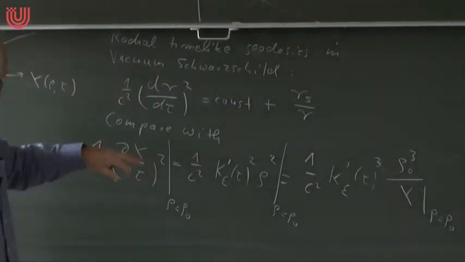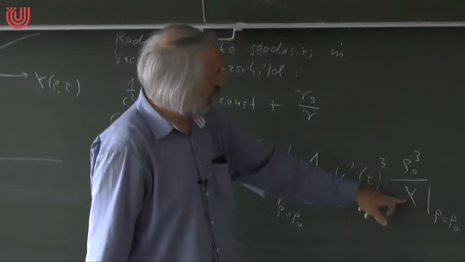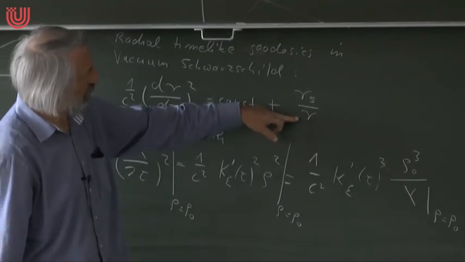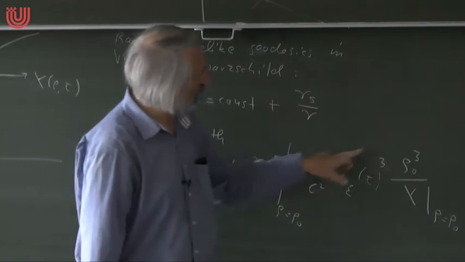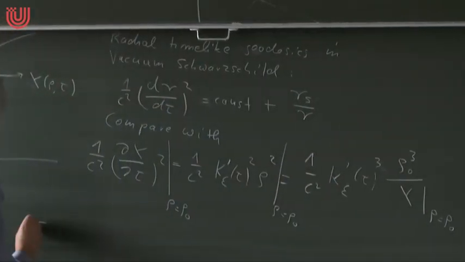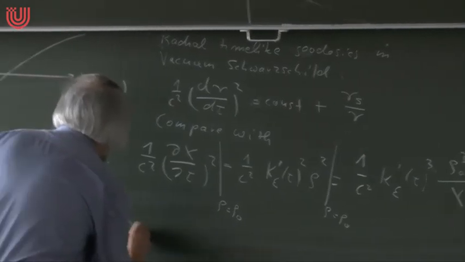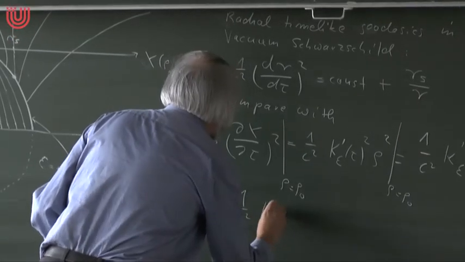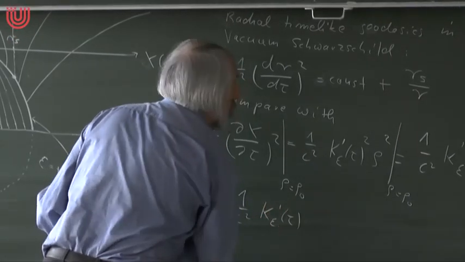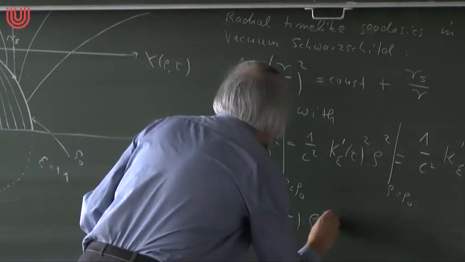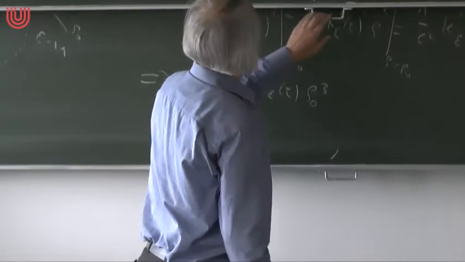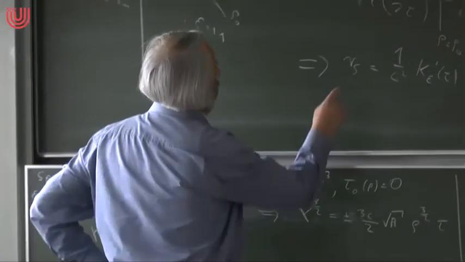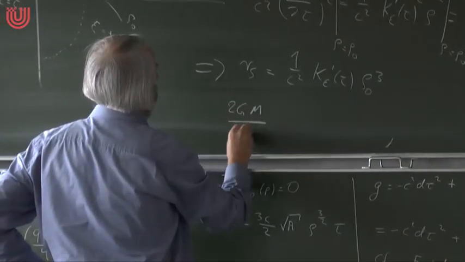And now you see, I have here the expression 1 over my radial coordinate. I here also have 1 over my radial coordinate, and what is in front of this must be the Rs. So we have Rs must be 1 over c squared, k epsilon prime of tau, rho naught cubed. Oops. If you remember that this was 2GM over c squared,